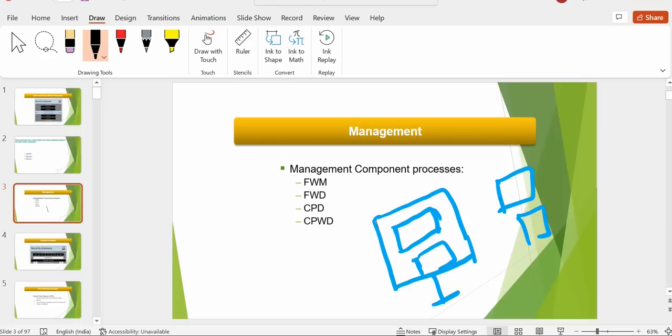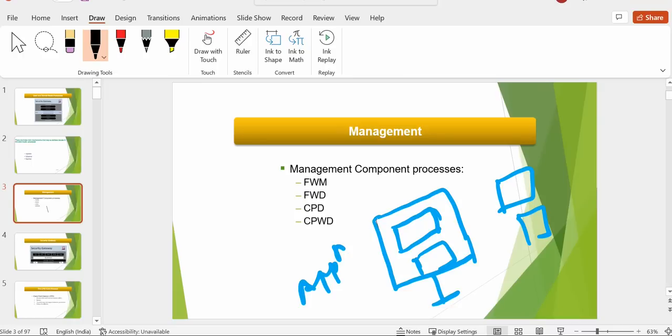All these things come when we talk about the processes which are related to the management level. So all application oriented processes, all processes which require communication for the application to interact, those processes come under